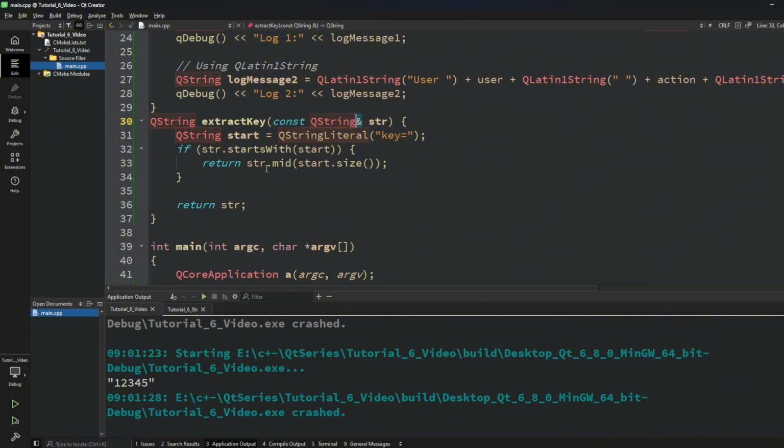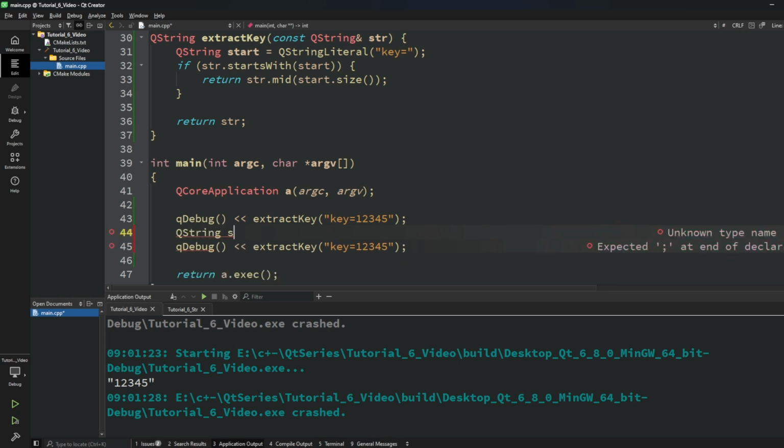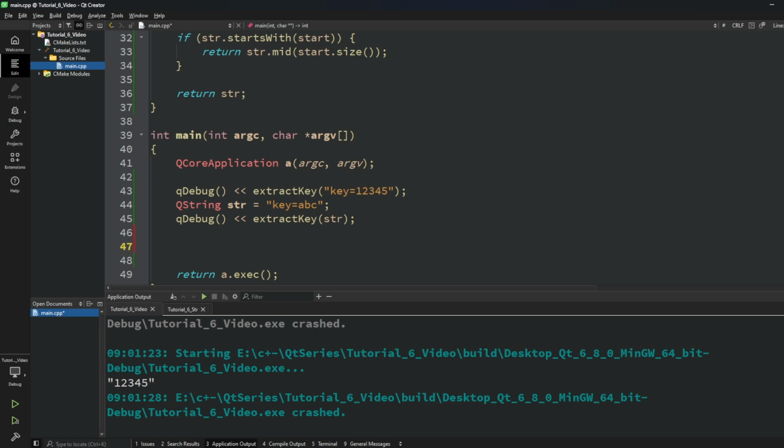But see, here's a couple of problems. A function can accept only a few types of strings, only like this literal, and maybe if I make a QString str equal to, let's make the same, maybe now ABC, I can also pass it. But in case I have something like, let's make an array of const char, str equals to, and let's put like key e